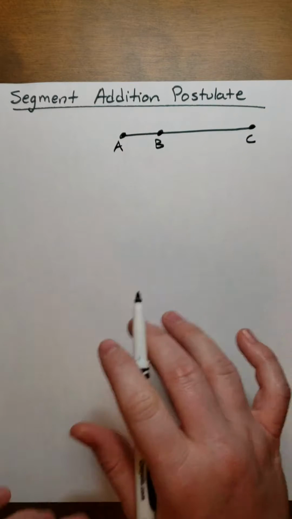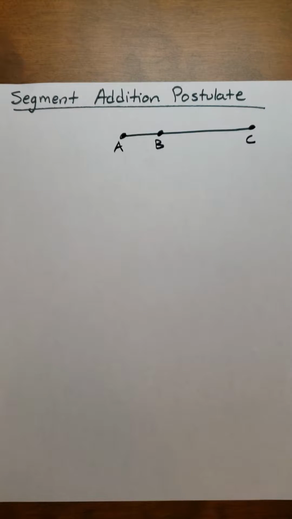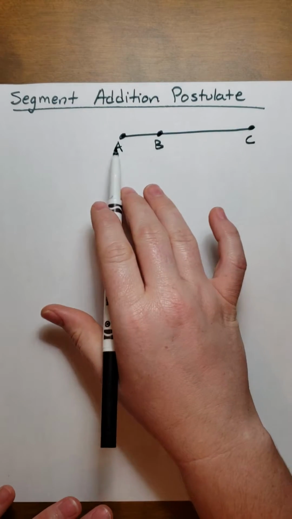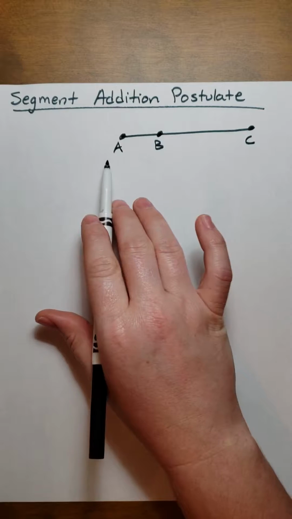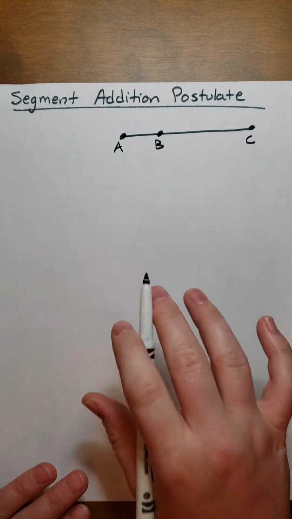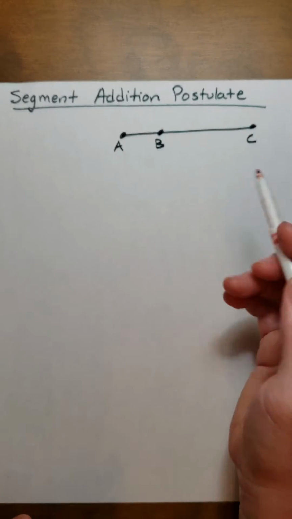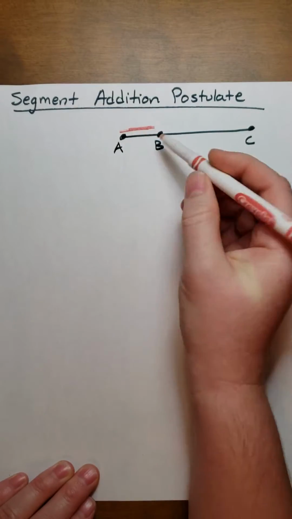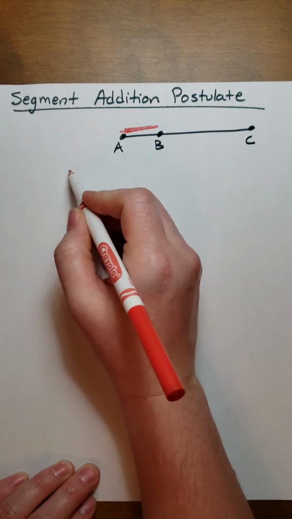Okay, in this video we're going to talk about the segment addition postulate. We can use this when we have three points that are collinear to each other, A, B, and C, where B is in between A and C. If we have that situation, we can state that segment AB